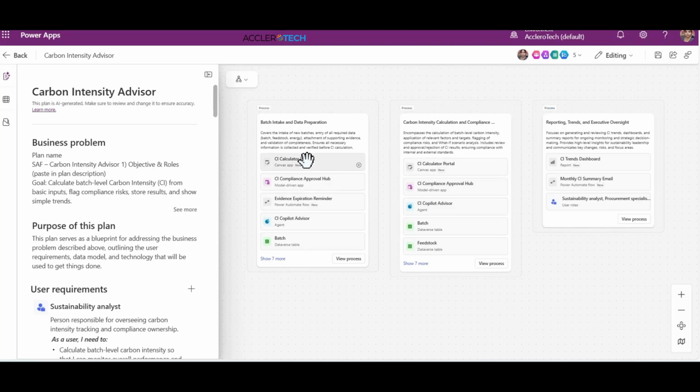Introducing the SAF Carbon Intensity Advisor, an AI-first CI engine that uses feedstock properties, process parameters, and energy values to compute a batch-level CI score. Copilot flags compliance risk and stores results centrally. Trend visuals help sustainability teams track CI performance across the